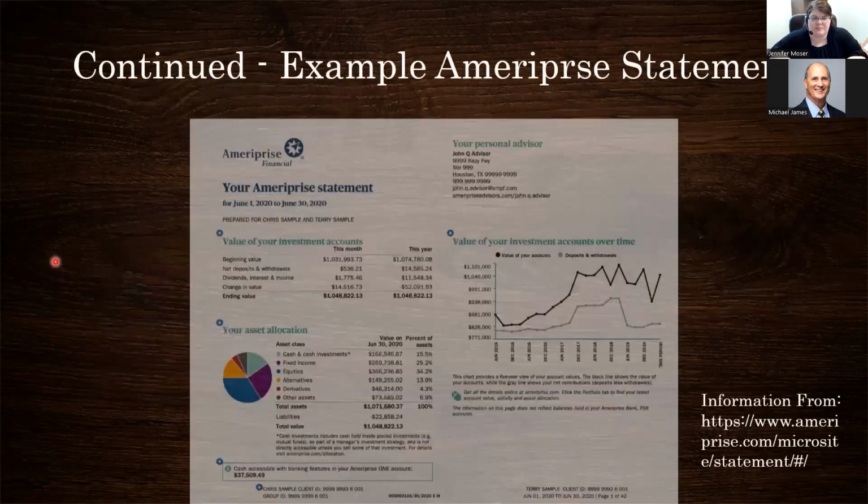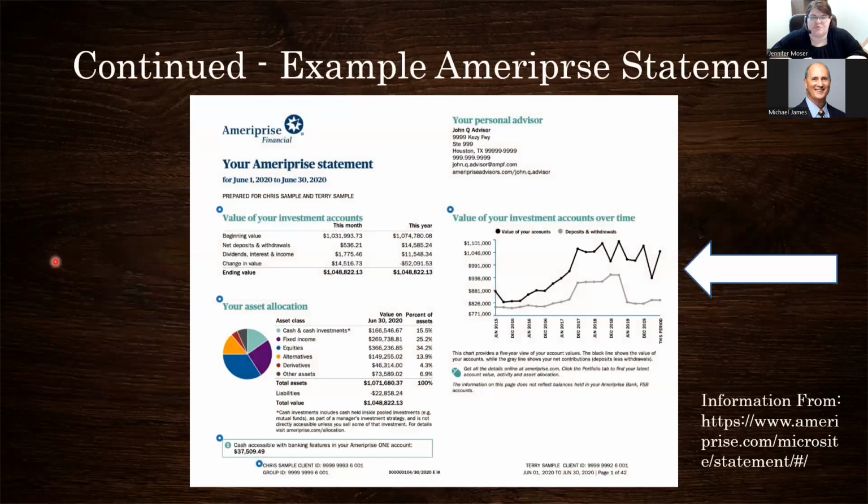So let's continue. The next thing is you will see a line graph, this line chart. In the Avantax statement, there is only one line. There's not two as you would see on the Ameriprise, but it shows the value of your account as it goes up and down based on the amount that's in the account and the date that it was recorded. So once again, Avantax graphs do not have this bottom gray line. Some statements do. They want to show you the difference in it.